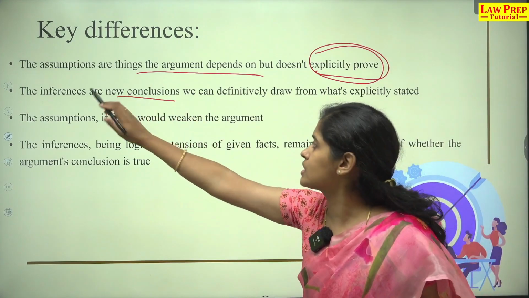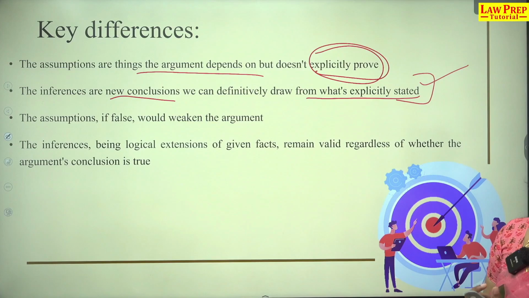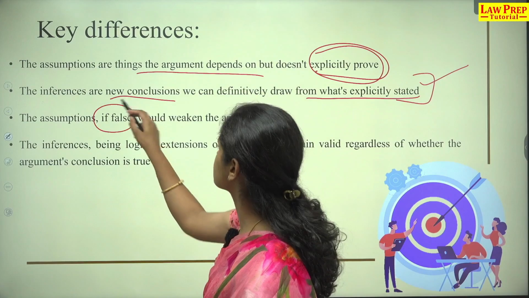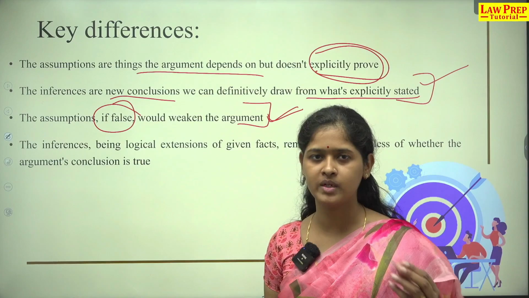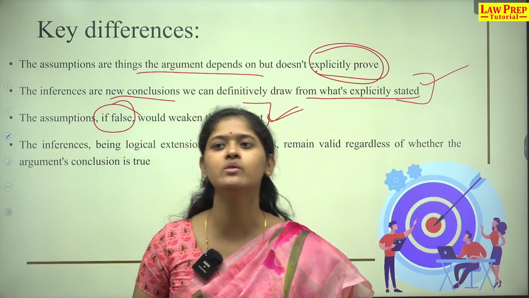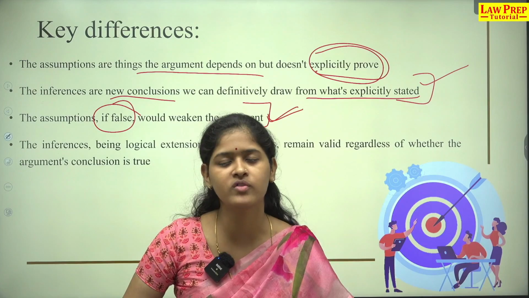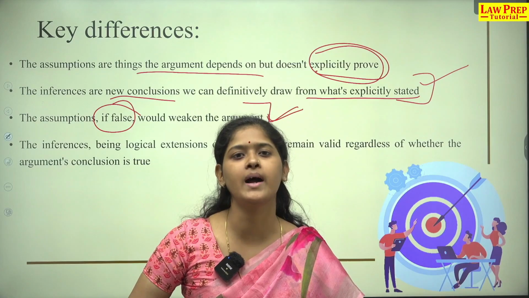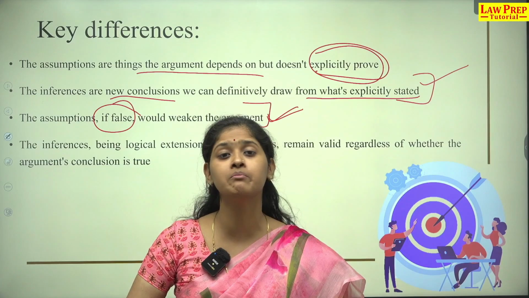The inferences are new conclusions we can definitively draw from what's explicitly stated. Obviously, this means reference lines, and you can put new conclusions from the passage. The assumptions, if false, would weaken the argument. The best way to weaken an argument, we'll take a minute or two to discuss weakening as well. When we are solving a weakening question, what we are trying to do is challenge what the author is trying to communicate. We are trying to find faults, or rather loopholes, in the author's argument. And for that to happen, the best thing is to shake the foundation on which the author has built the